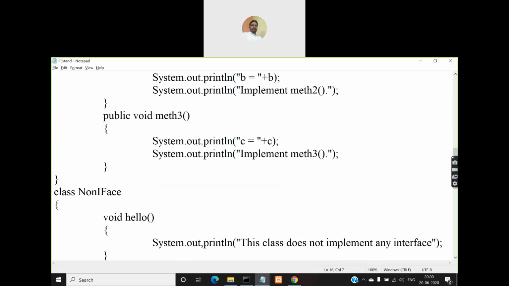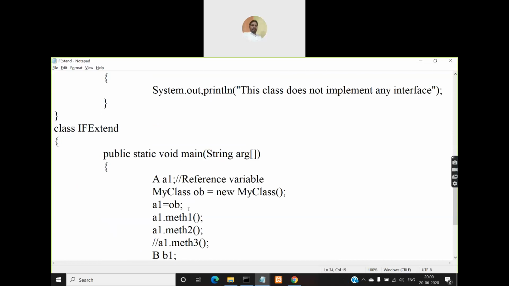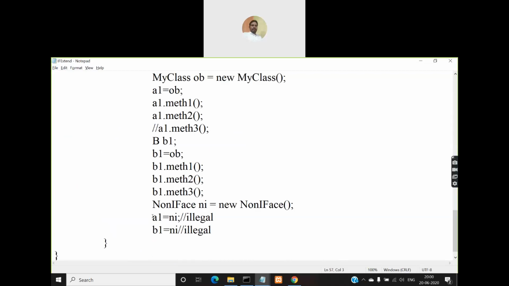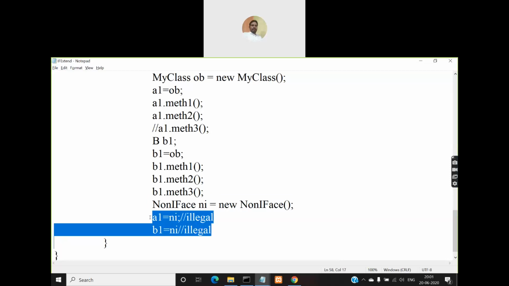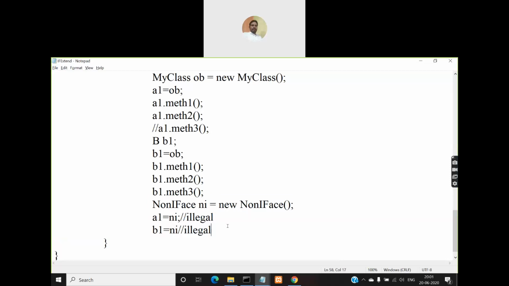But coming to non-iface, is it implementing any of those interfaces? It is not implementing A, and it is not implementing B either. So you cannot write these two statements. You can create an object for this class and call the method defined in that class using that object, but you cannot assign that object to the interface variables a1 and b1, and using these reference variables you cannot call that method, right?